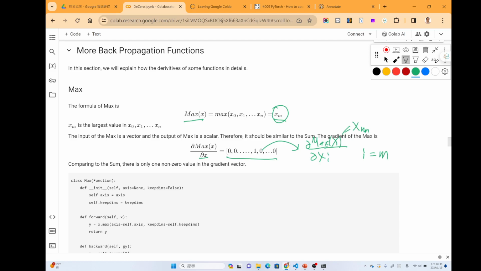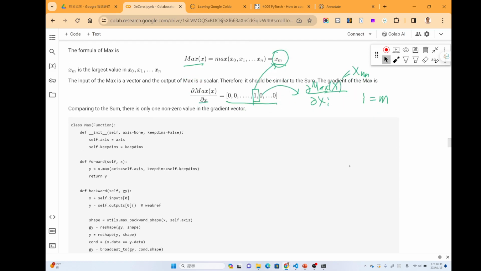So the result will look like this. This is item n, and for others it is 0. Okay, so this is the derivative of a max function.